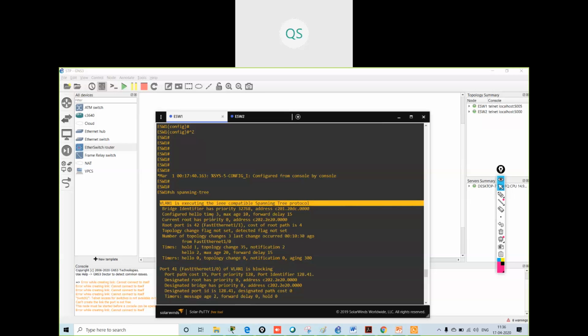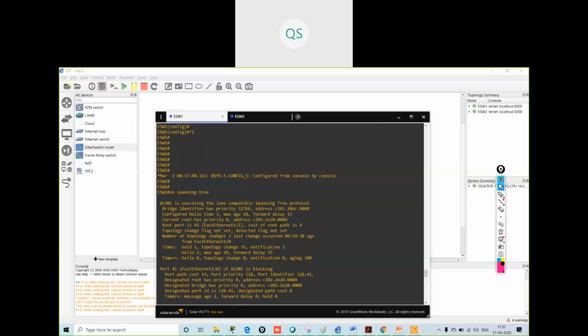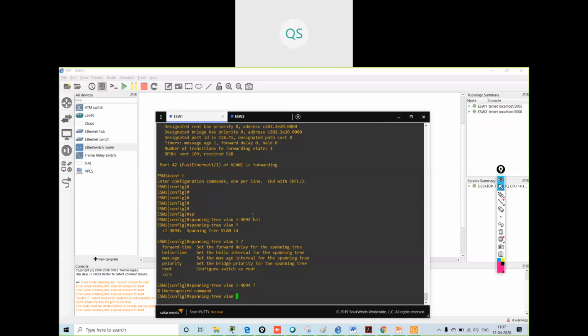We are making it for VLAN 2 too. All these configurations are for VLAN 1 because this is my default VLAN. Understood? This is the command as I remember.